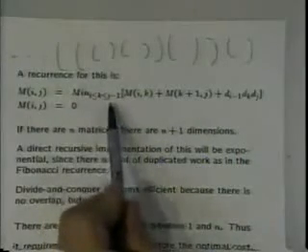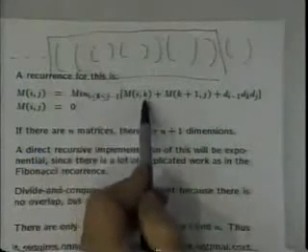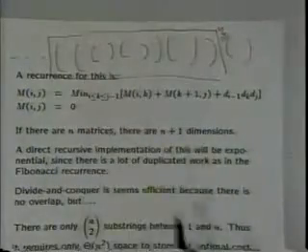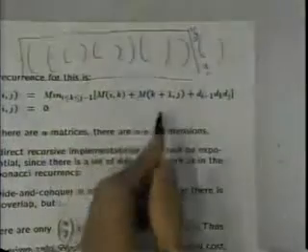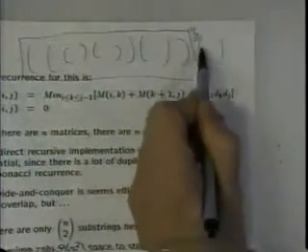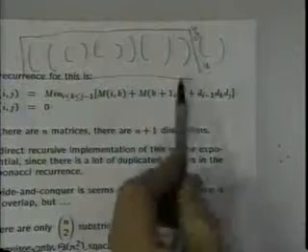What is the cost going to be? Suppose we decide to put our outer parenthesis here. What is the cost of it going to be? It's the cost of multiplying the matrices from i to k. If this was the kth spot, the cost of multiplying from i to k, plus the cost of multiplying from k, basically past k, the (k+1)th matrix, to j, plus the cost of that outermost multiplication.